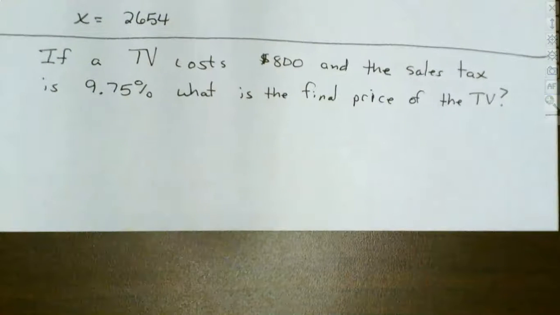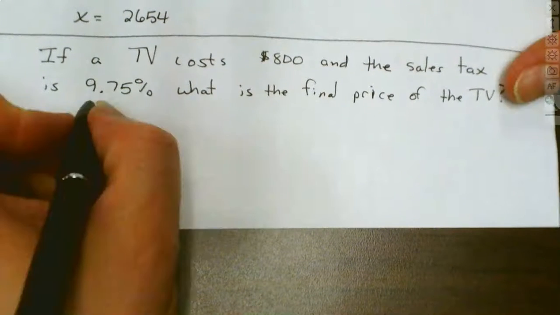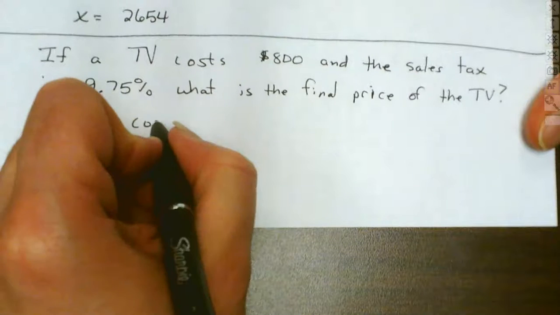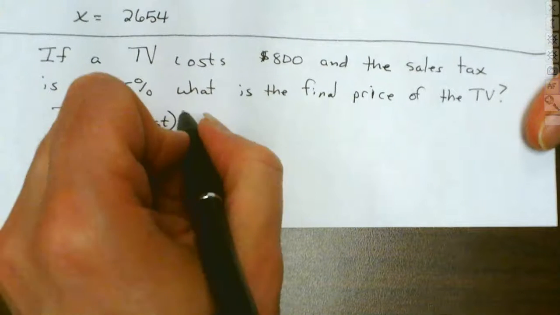This is just an example to illustrate how these percentages work. Now, if I go to the store and I buy this $800 TV, do I really pay $800? No. I pay more than that, right? Why? Because we've got tax involved. Now, what do we know about the tax? Well, the more expensive the item, the more you pay in taxes, right? That's how it works. So how do we calculate our tax? Well, our tax is going to be the cost of the TV times